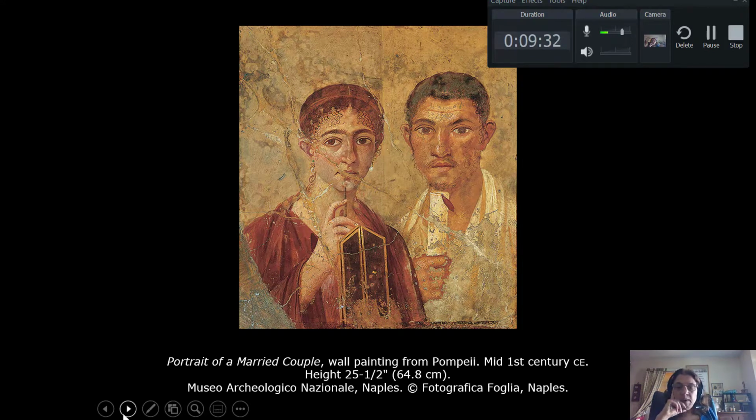When we move over to Pompeii, the very famous city that was destroyed by the volcanic eruption of Mount Vesuvius, we have images like this that have been discovered that were painted on the walls of people's homes. So instead of having a portrait painted and then hanging it on your wall, they literally had the portrait painted on the wall. So this is a fresco painting that was painted directly on the wall. And we make the assumption that these are the two people that own the villa where it was found, and that they were